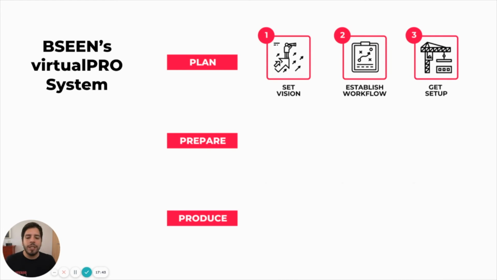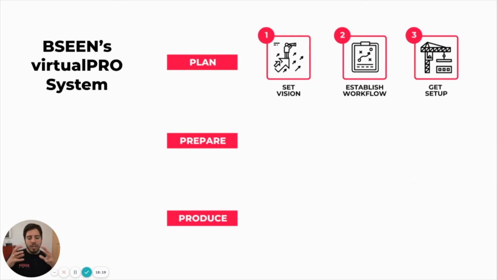In the planning stage, it's always about understanding the vision, what it is that we're trying to achieve, what is the goal of this event. And once we understand where we want to go, we look into the audience, who are supposed to be the people participating in this event, and what are the resources that we have. When is this event happening? And based on that, we go ahead and establish our workflow. We already have a pre-designed timeline, so we know at least the minimum dates when things need to happen in order to put together that virtual event.